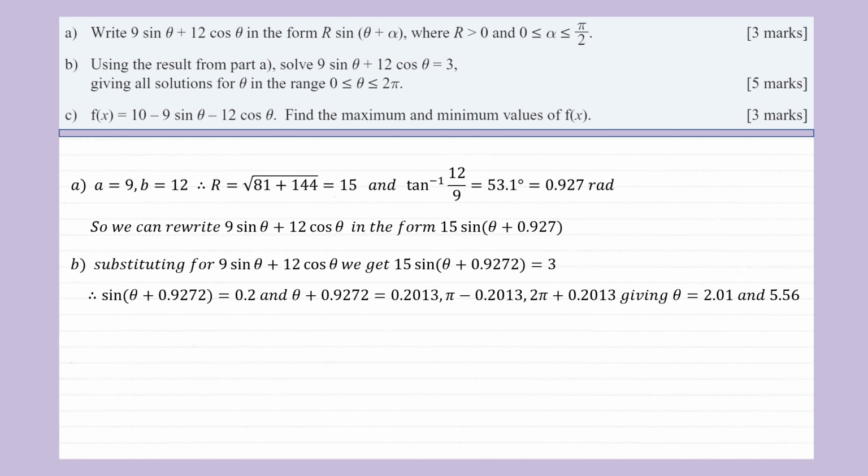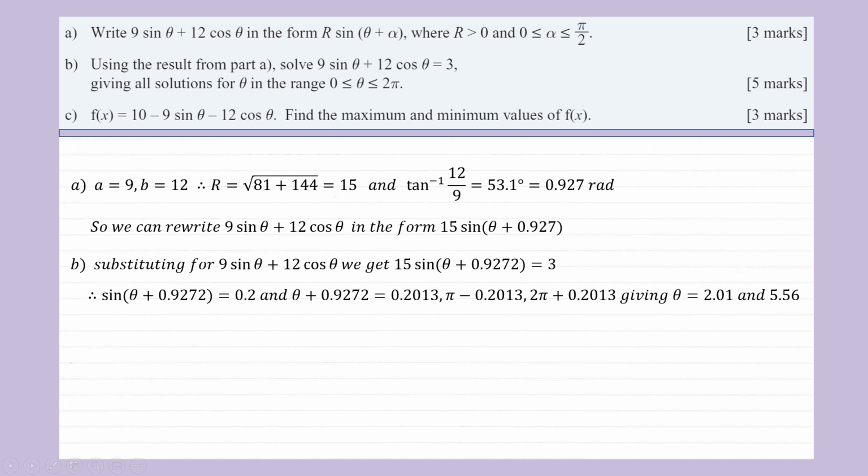Divide both sides by 15, and we end up with sine (theta plus 0.9272) is 0.2. And therefore, taking the inverse sine of both sides, and expressing the result in radians, we end up with theta plus 0.9272 is either equal to